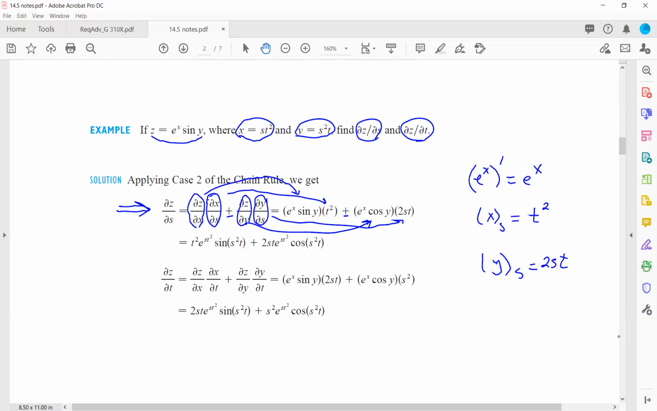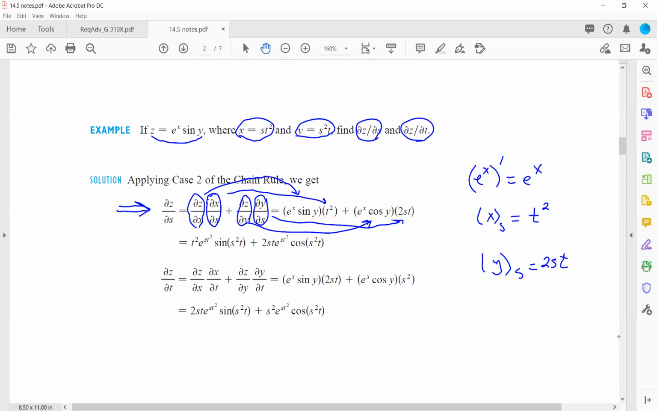Perfect. So we're done with calculus part. The rest is algebra. Here you have t squared e to the x. So what was x? X is s t squared. Instead of x, we write s t squared. We want to have a function in just s and t times sine y. What is y? y is s squared t